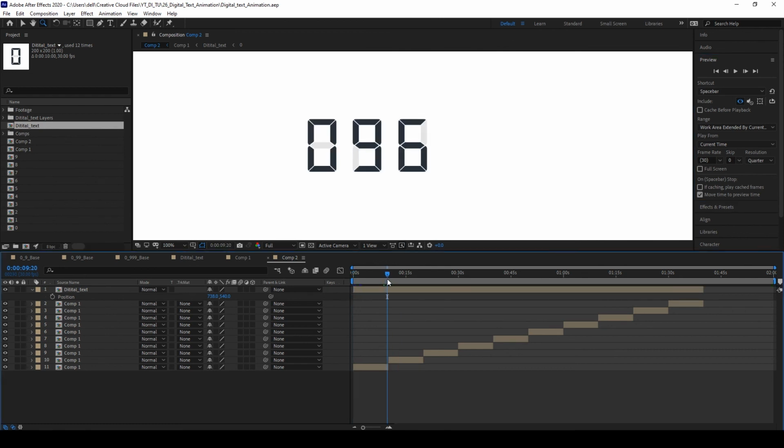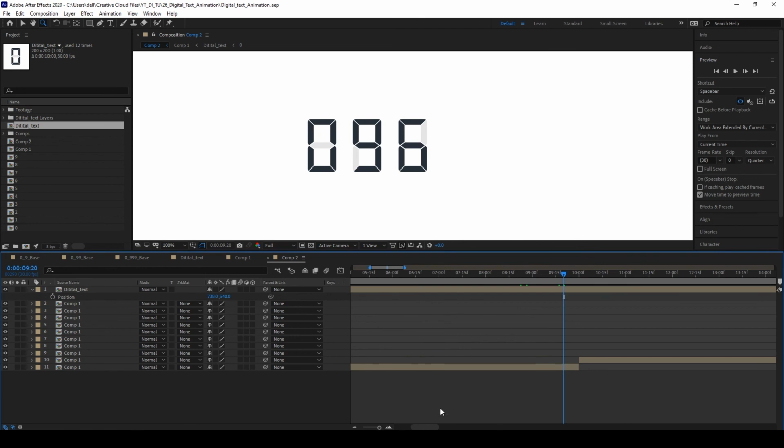Just the end we need to check. I'm just zooming in over here to see exactly whether it will go into 99 or not.